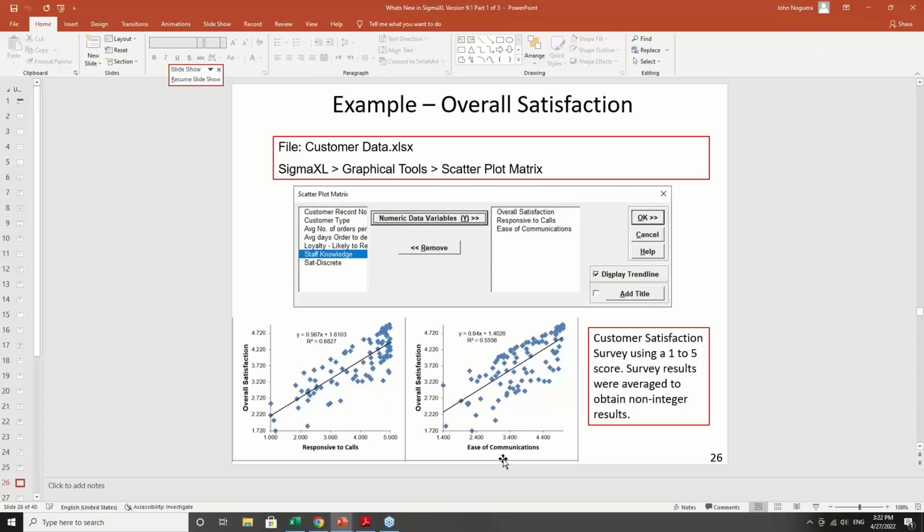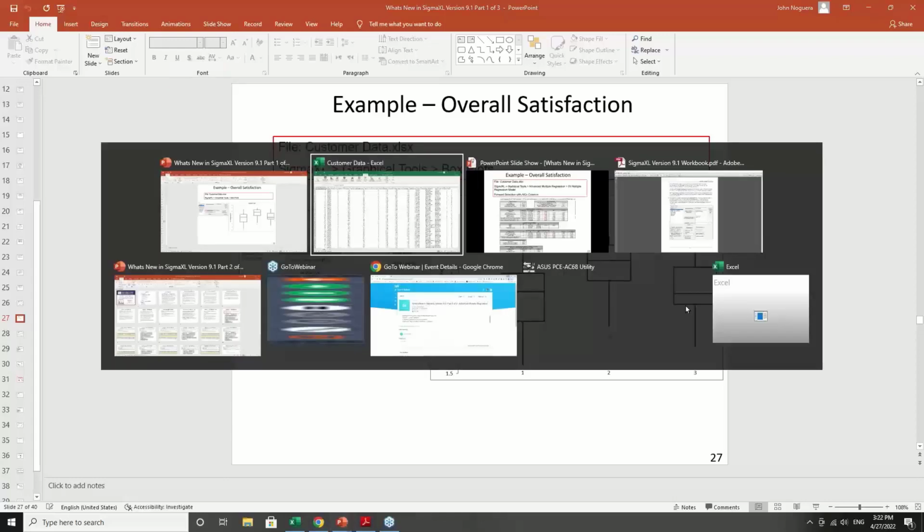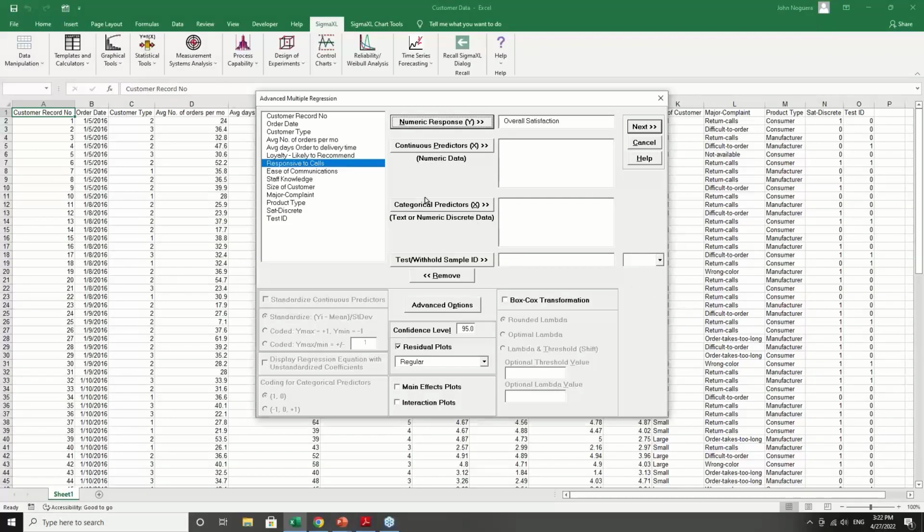Overall satisfaction versus ease of communications, again, a strong relationship. And overall satisfaction versus customer type, we see that customer type 2 has a higher level of satisfaction, looking at the box plots, as compared to customer types 1 and 3. So this is the data that we're using, and I'm going to put responsive to calls and ease of communications as